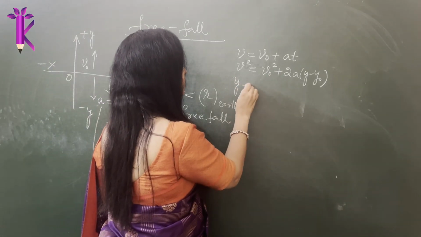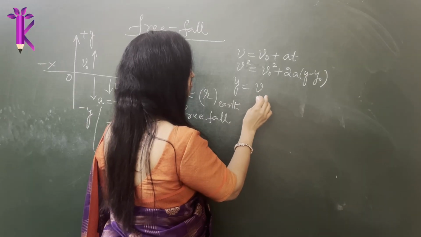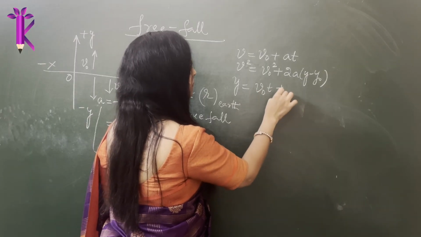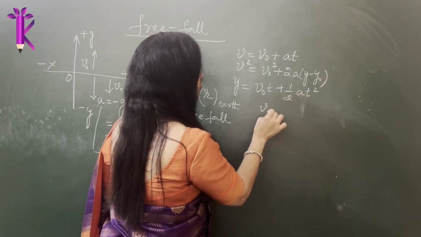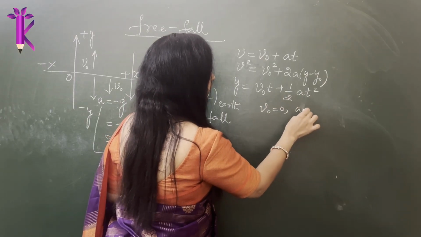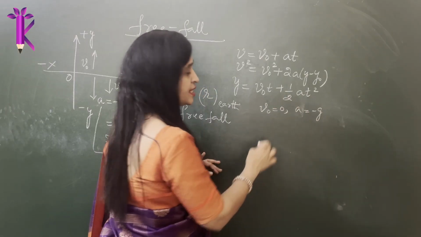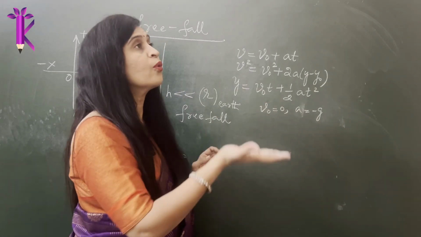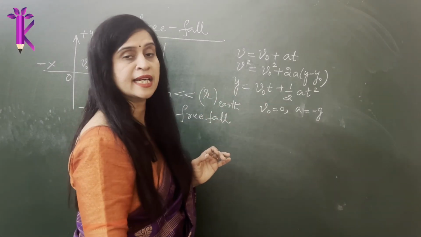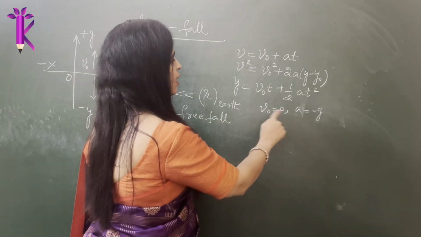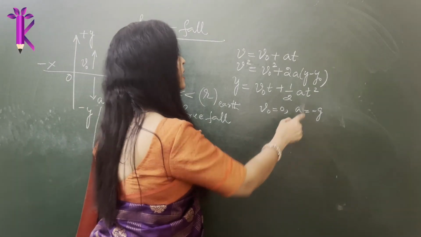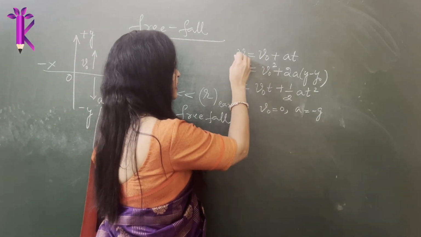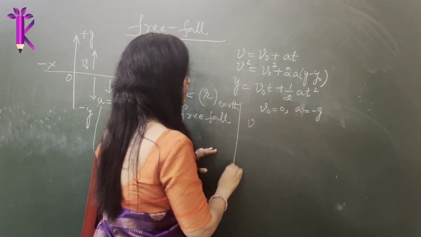And we have another equation, y is equal to, what is that? v naught t plus half at square. Now for all this, if v naught is equal to 0 and a has to be replaced by minus g, assuming that the object is moving in the upward direction but gravity is pulling it in the downward direction, so velocity and acceleration are in the opposite direction, you take the value of g to be minus. So let's replace and rewrite these equations with these values.